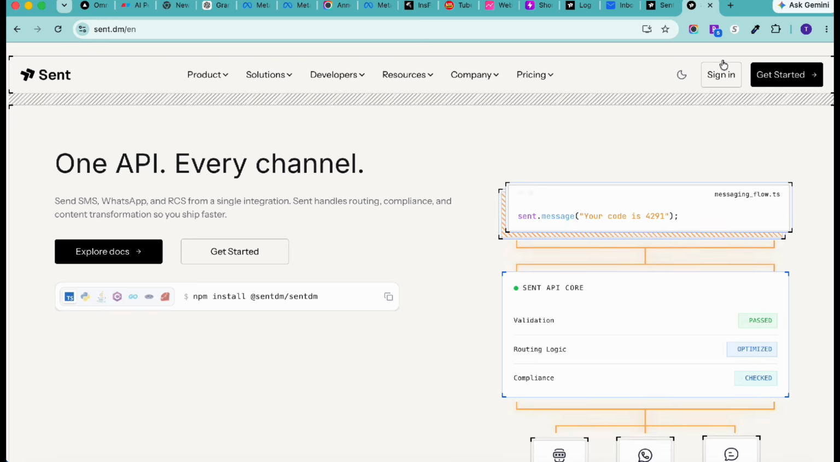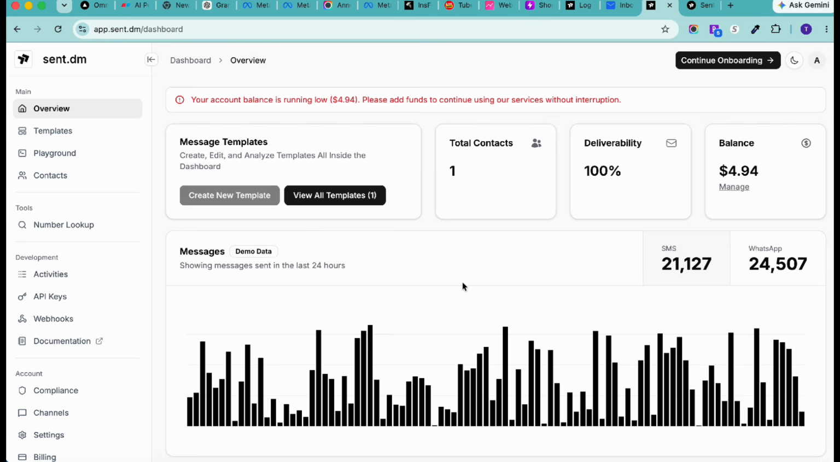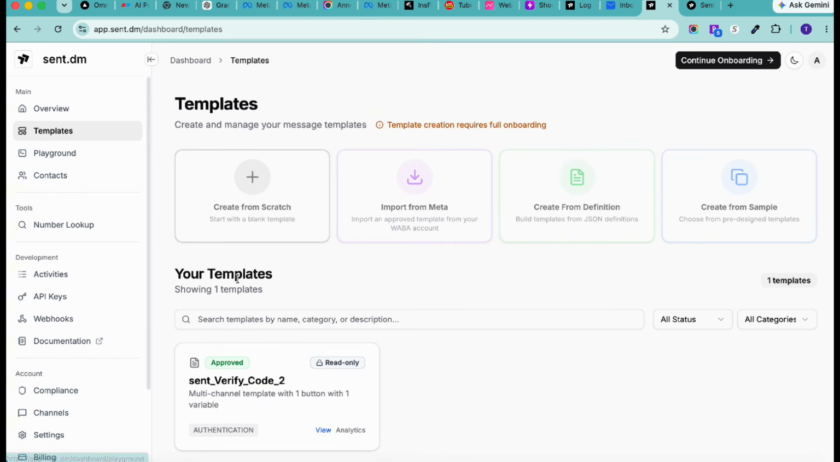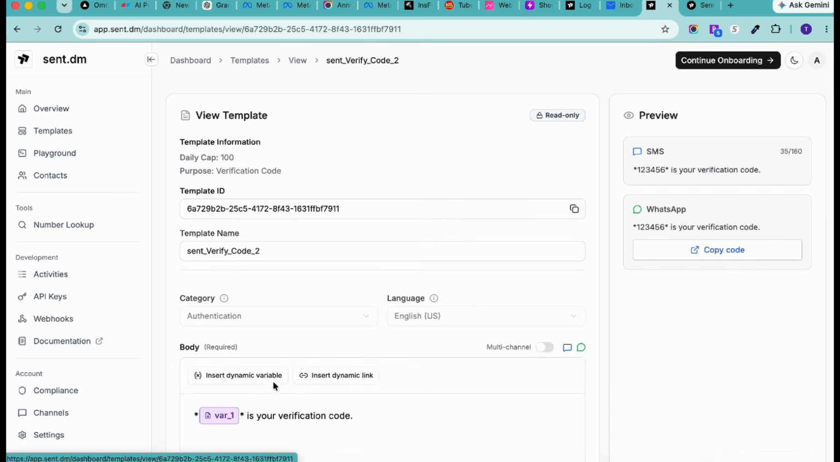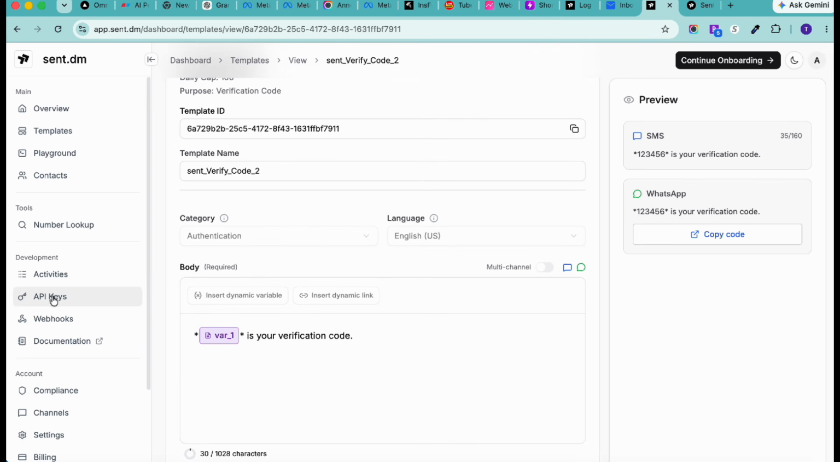Now once you sign in to the Sent.dm platform, you have to finish the onboarding process. It's completely optional, because if you do not finish the onboarding process, there are some features that might need the complete onboarding, but still you can use some of the existing templates. For example, for authentication purposes, we have this Sent verify code authentication template which is approved, which you can use. Now in order to generate the API key,